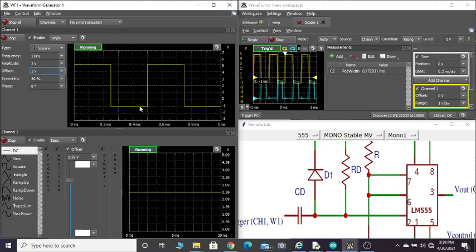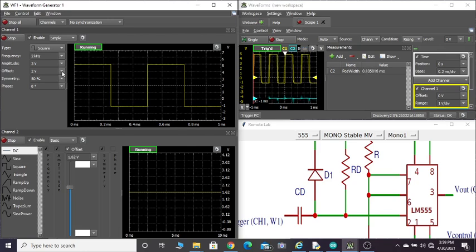The spike may not go up to -1, it may be coming here and then going up here. Since the spike is now certainly reaching less than half of this, I am able to get the waveform. Now suppose you further reduce this, it may so happen that you may not get the output again. You can see you're not getting the output again. Why is the output not coming? Again the spike is not going below half of this.